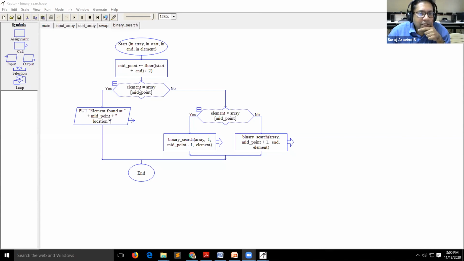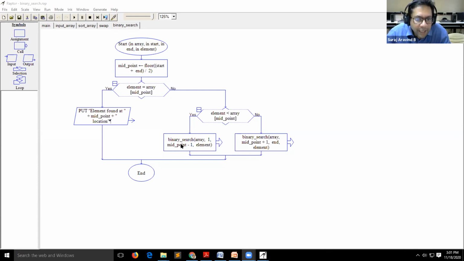And I'm checking whether the element is equal to the array indexed by the middle point or not. If it is yes, we just say that the element is found at a particular location, the midpoint location. If it is no, we are checking whether the element is less than or greater than the array midpoint. If it is less than, we have to look at the smaller or lower sided portion. If it is greater than, we have to search the higher end portion.